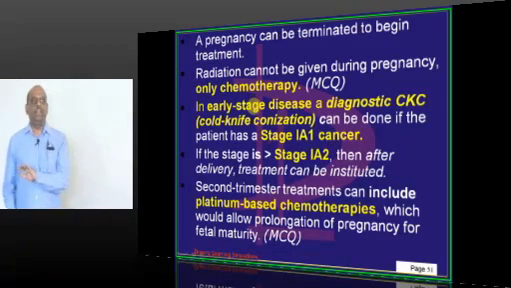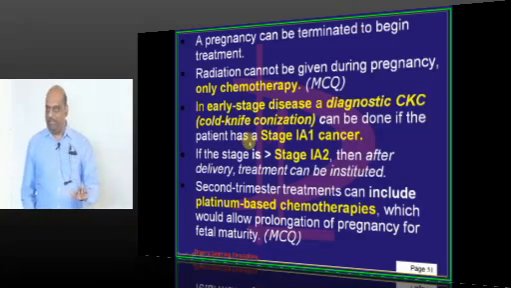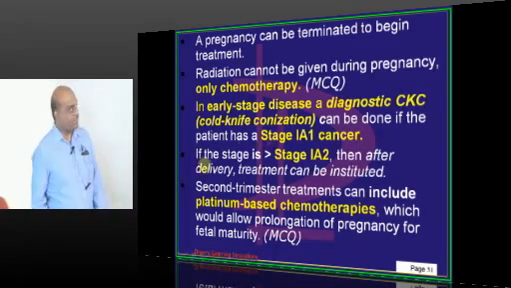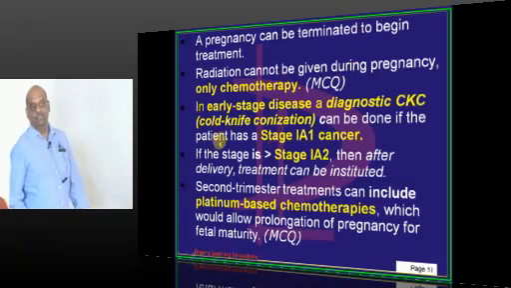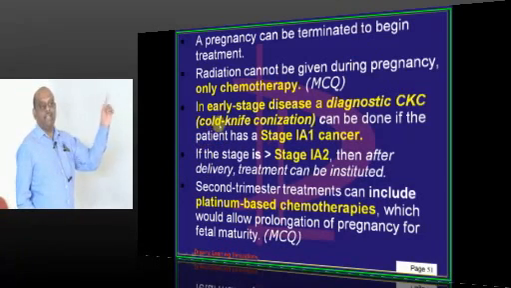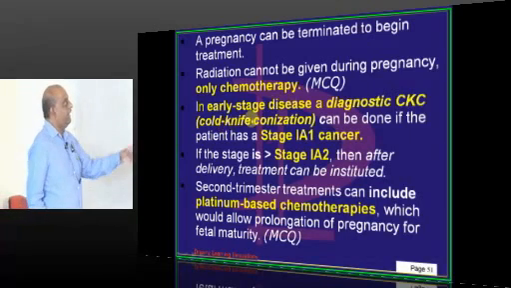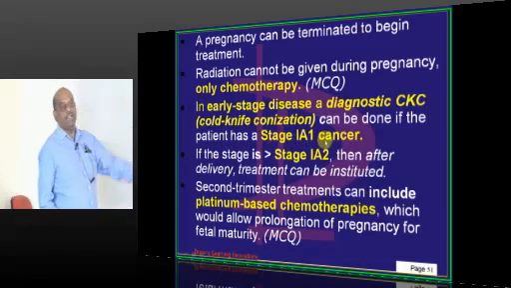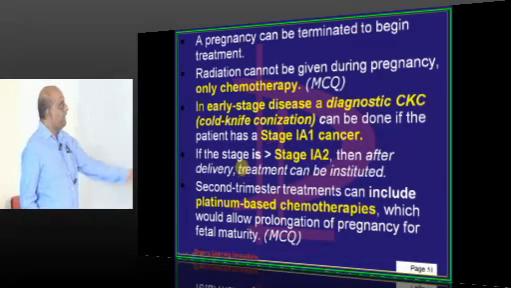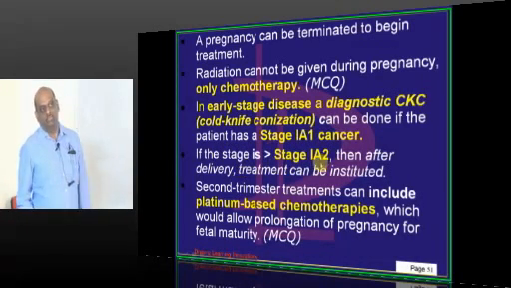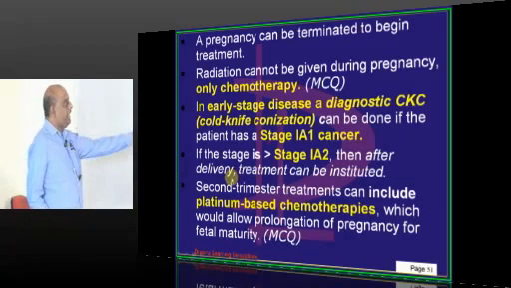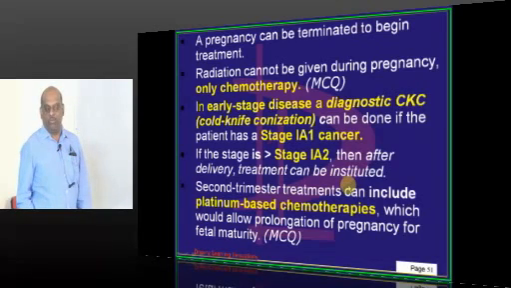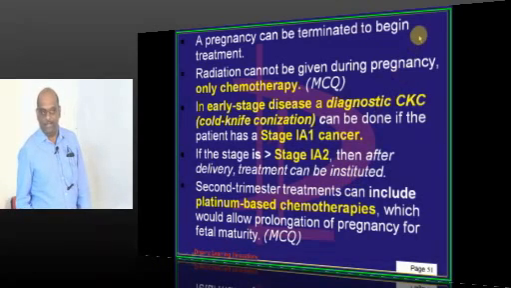One thing is very simple. Radiotherapy cannot be given in pregnant women for whatever be the reason. Only chemotherapy. Then if it is an early stage disease, you can do the cold knife conization if the patient has stage 1A1 cancer. If the stage is more than 1A2, then you should plan for treatment after the delivery; treatment need not be delivered